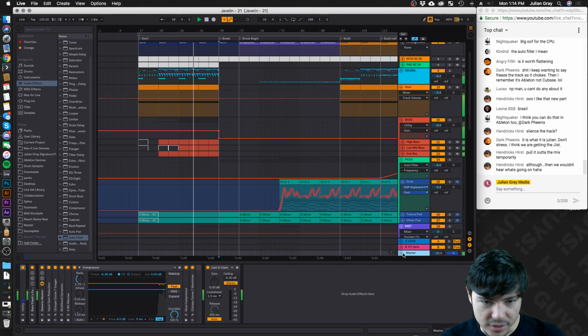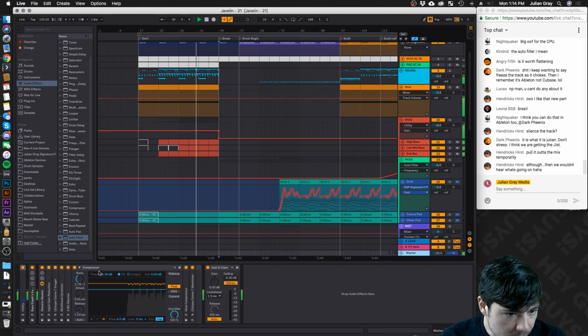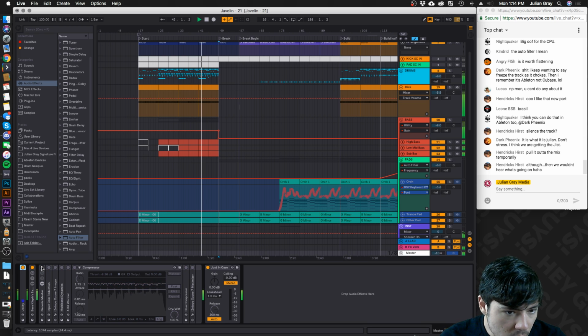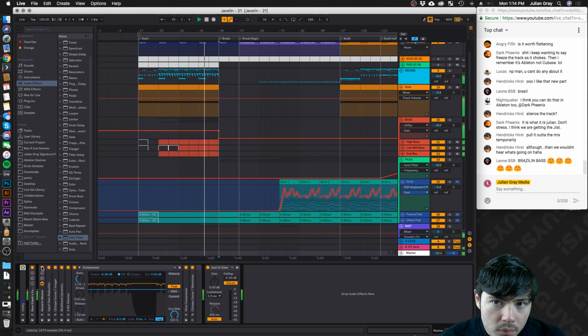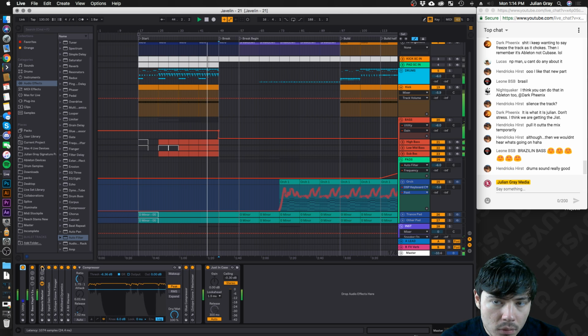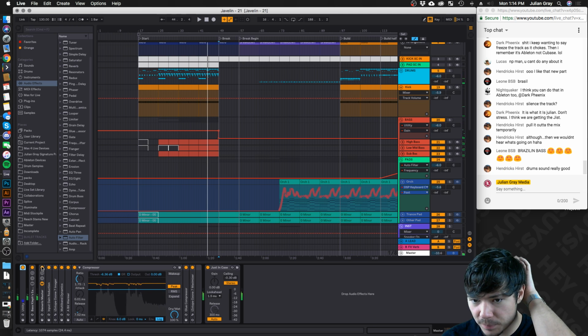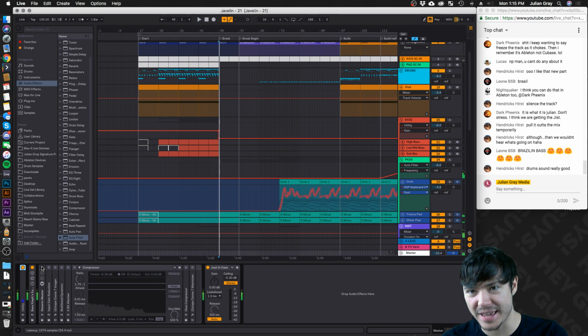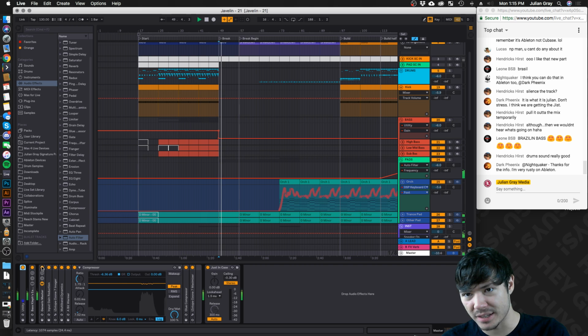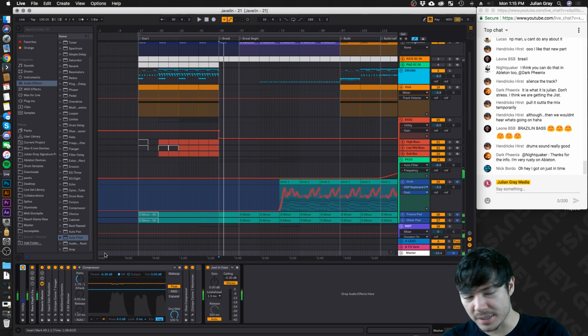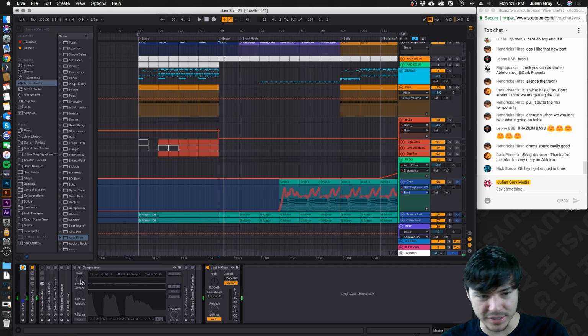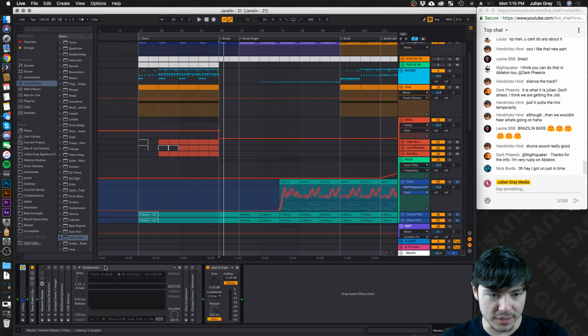I don't know if you have anything on the master either. Yeah. That's also a culprit, because as you can see, when I disable the master, the CPU goes down 10%. It's just a CPU killer right there. So what I'm going to do is just dial this back. I don't even know that you really need all of this.